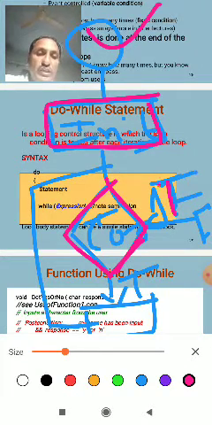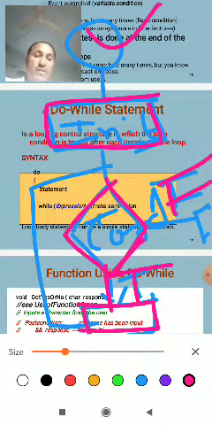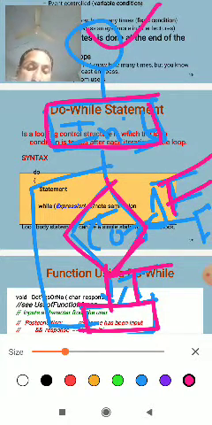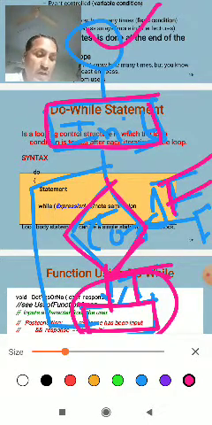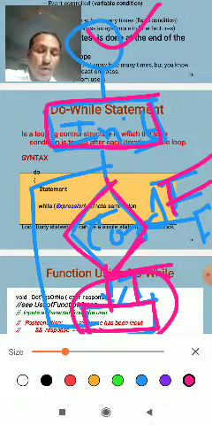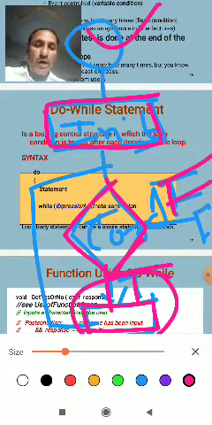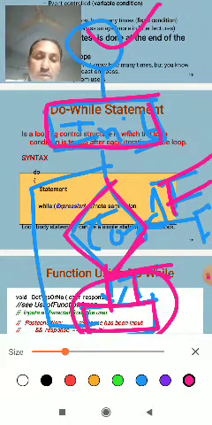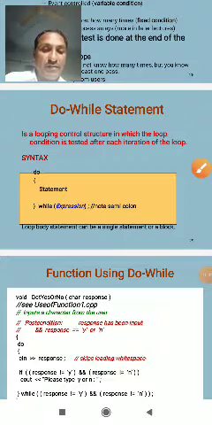If the condition is false, go on; if it is true, this is the body of the program, the body of the loop. Inside the body of the loop we can print natural numbers, reverse numbers, odd numbers or even numbers, and use increment and decrement operators.